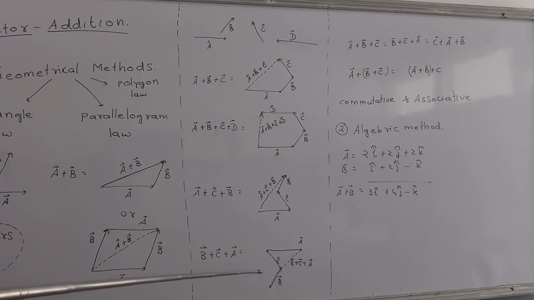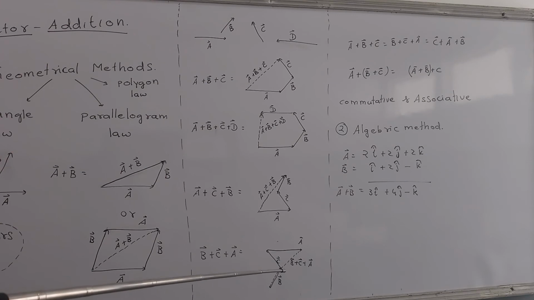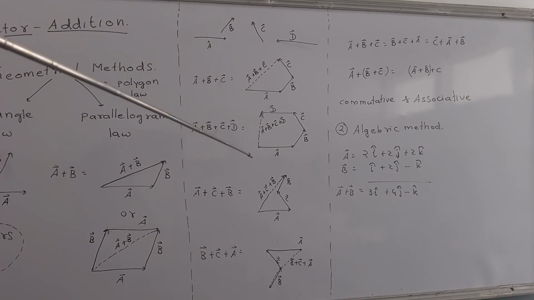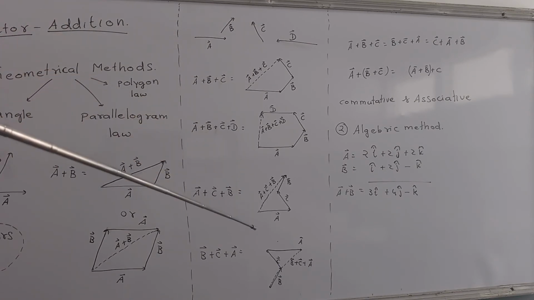So what to do? First draw vector B, then from there draw vector C, and then from there draw vector A. And again join the initial point and the final point. This will be vector B plus vector C plus vector A. Okay, now compare this. A plus B plus C, then this A plus C plus B, and then this B plus C plus A. Are they having the same magnitude? Yes. Are they having the same direction? Yes. That means if you add vectors and change their order, then the resultant vector is not affected.